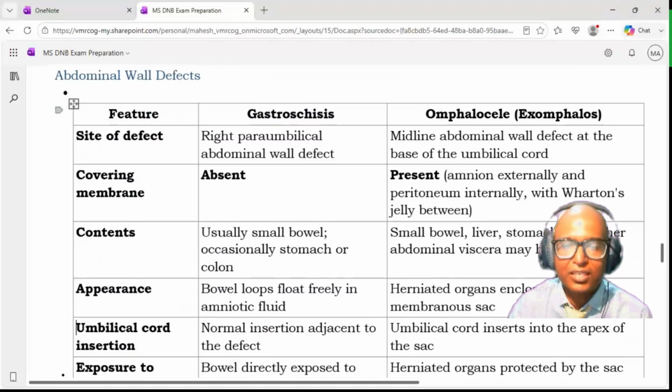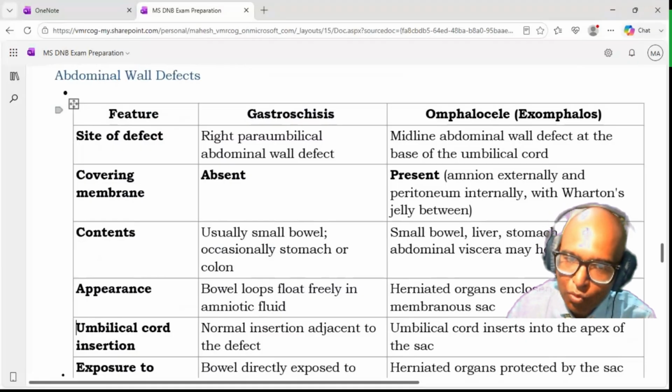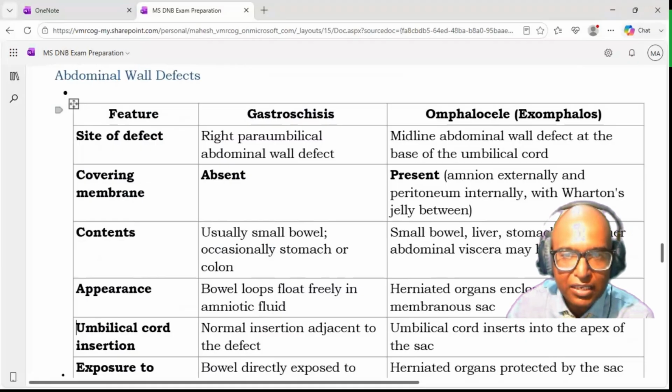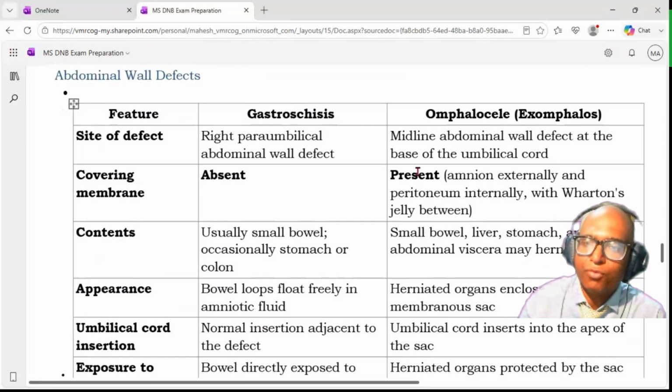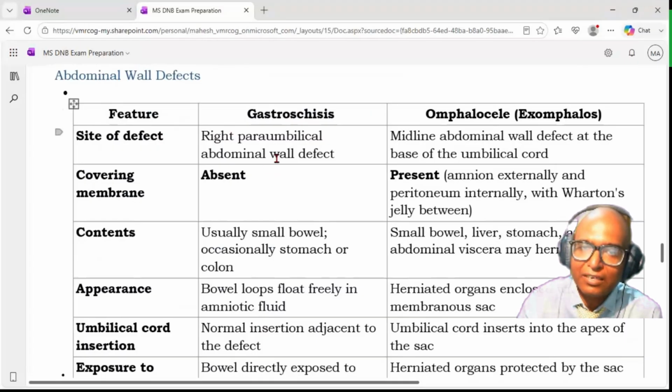In gastroschisis, it is a right paraumbilical abdominal wall defect. There is no covering over the defect, while in omphalocele there is a covering. So amnion will be externally and peritoneum internally with Wharton's jelly between. So there will be covering for the structures which are protruding, while here there is no covering. So gastroschisis is a right paraumbilical abdominal wall defect, while omphalocele is a midline abdominal wall defect at the base